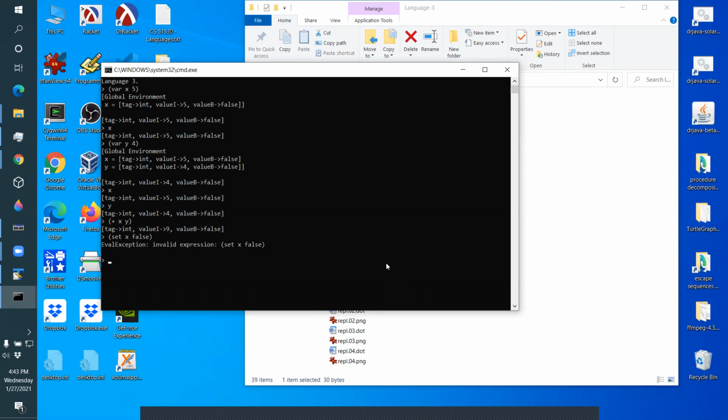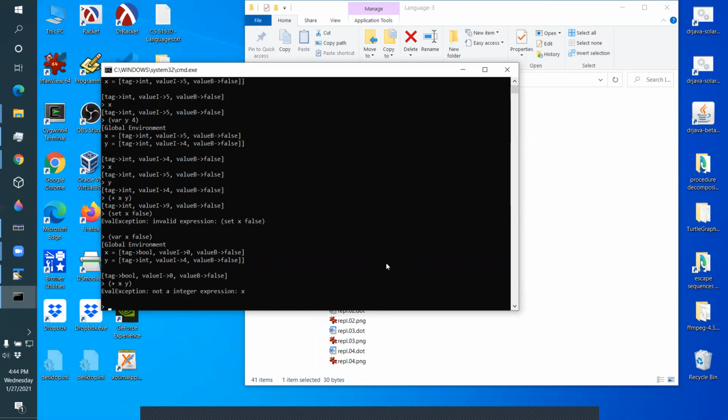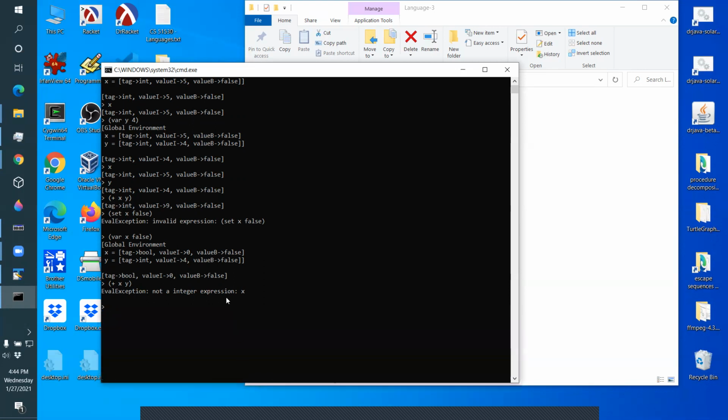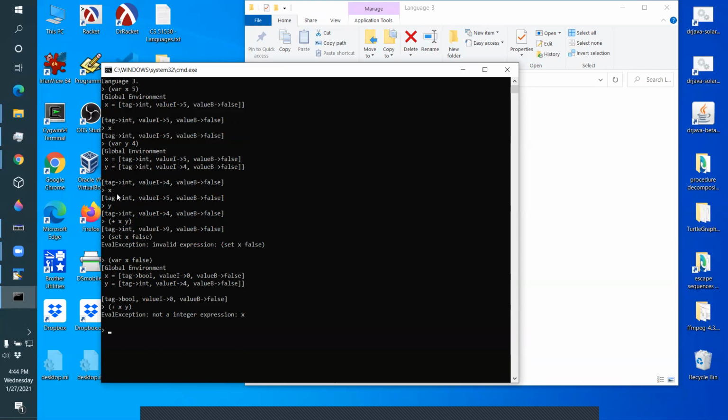Now I can do set x to be false. Oh, let's see. I think no. I just say var again. Var x false. Now, what happens if I add x and y? Now it doesn't work. See, x changed its tag from int to bool. So, x was an int for a while, then x turned into a bool for a while. This same expression, adding x to y, was valid at one point. See, it was valid at one point and then it became invalid later on